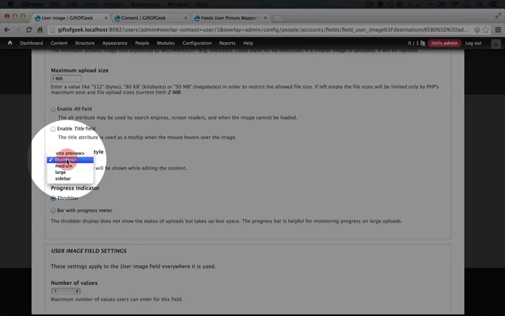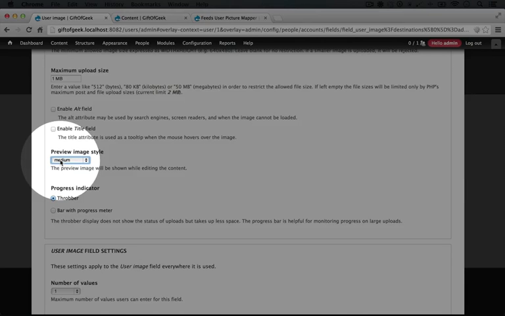Here we can select the preview image style, and we can choose from these multiple options. I'm going to select medium. Now the idea here is that when the user uploads the image, but not as part of submitting the entire form, but they select their image, they hit upload, when it finishes uploading, it will display at this size or at this image style. And that will give them a sense of how it might look in a particular context